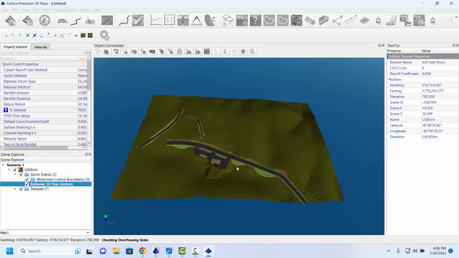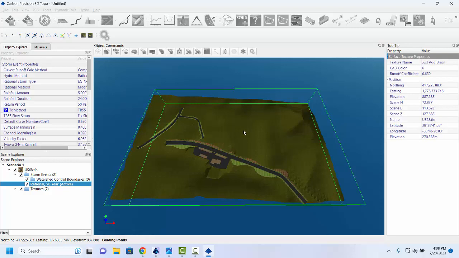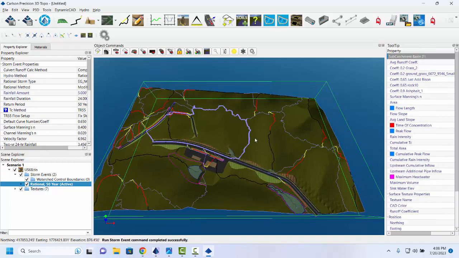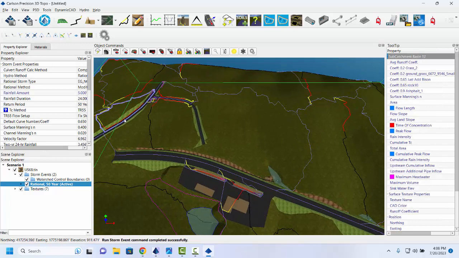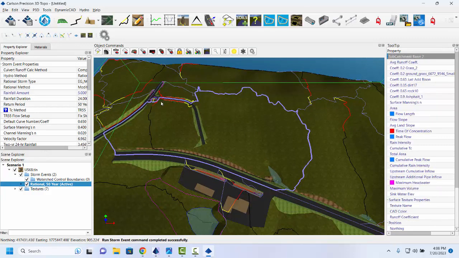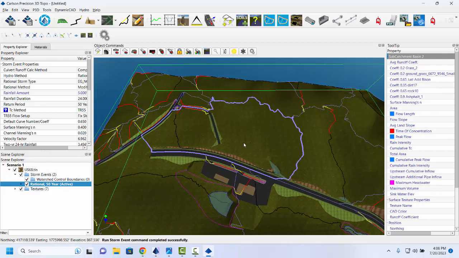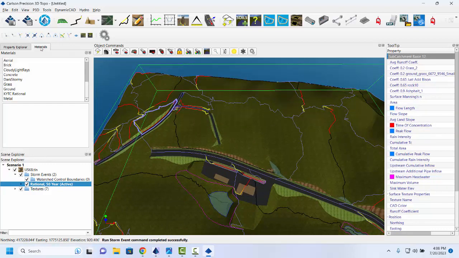Now, as it's doing this, what we're going to do is also go into our materials. Notice in the upper right that as I hover over this texture, it's a funny name called Just Add Bison. And you can see it's found the watersheds. It's followed the crown of the road around. Part of it runs away from the site. And all of this road runs down into this watershed, feeds that pond. But what we can do to get a more accurate